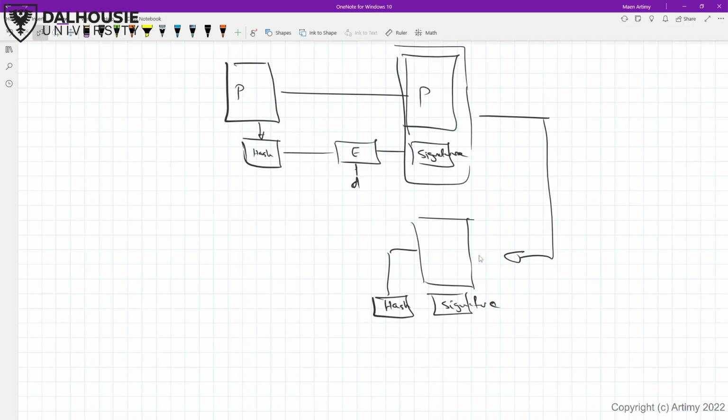So the signature itself is encrypted with D. The receiver will take this and decrypt it with E, the public key. Now the result will be the hash. If these two are equal,